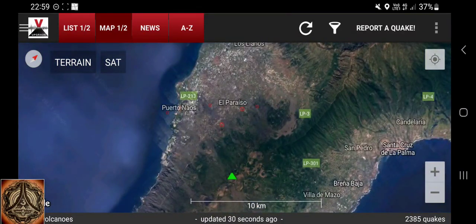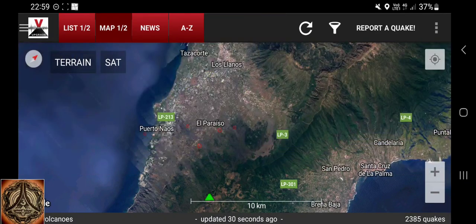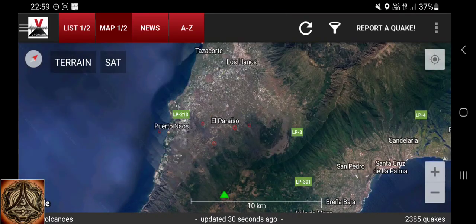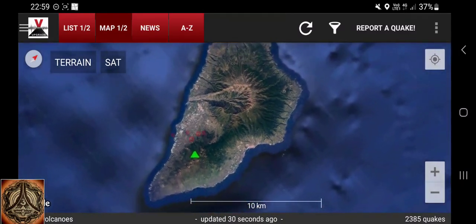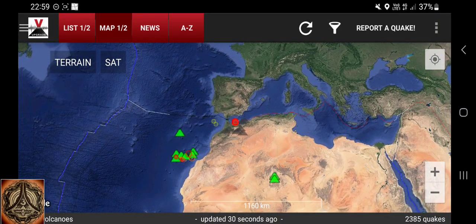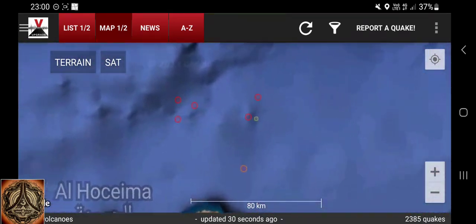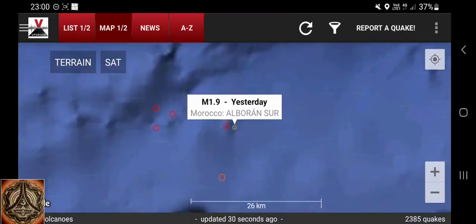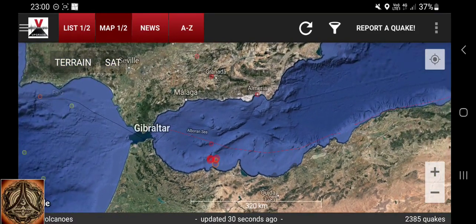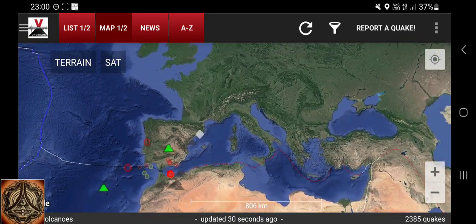I still think this is not over. 16 hours ago. Yesterday 1.5, 2 kilometers. Yeah, let's see what the push from the east does to the activity, for example, on La Palma. This is still ongoing here in the Strait of Gibraltar. This is now going on for, I don't know, 3 or 4 months already. 26 kilometers in depth. Yeah. But anyway,